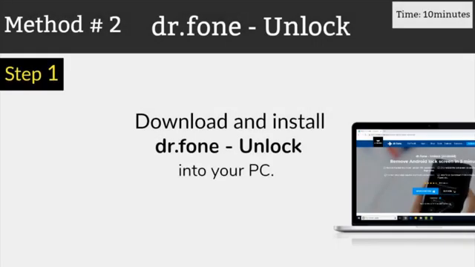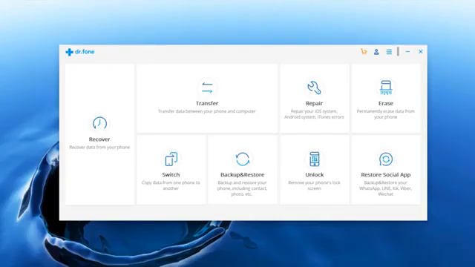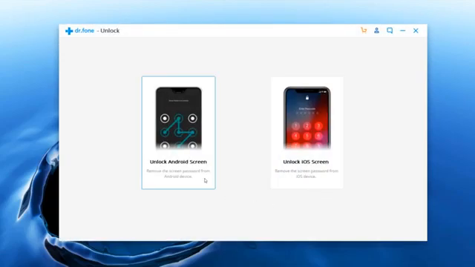The second method is to unlock Android phone with Doctor Phone without losing data. Doctor Phone Android Screen Lock Removal is a great unlock Android pattern lock software helping you remove pattern, pin and password lock without losing data. Let's see how to use this pattern lock remover to break pattern lock on Android phones. The download link of this software is also available in the video description. After you download and launch Doctor Phone on PC, in the simple interface, you can click on unlock pattern to remove your Android phone's lock screen.